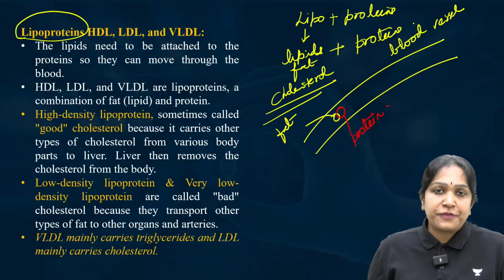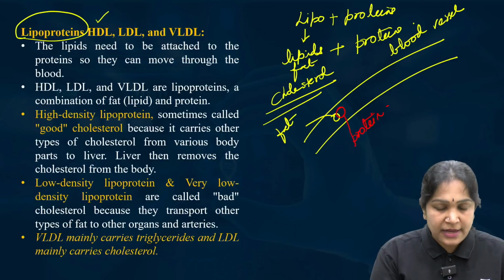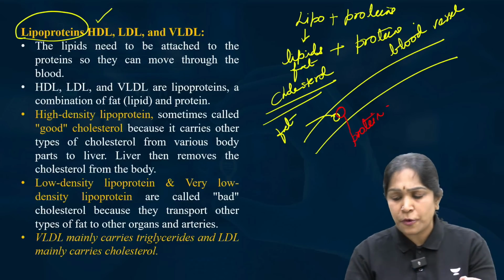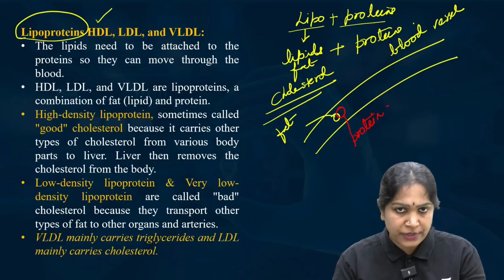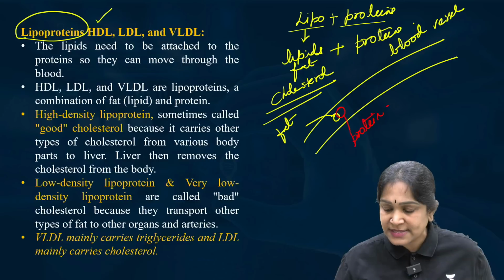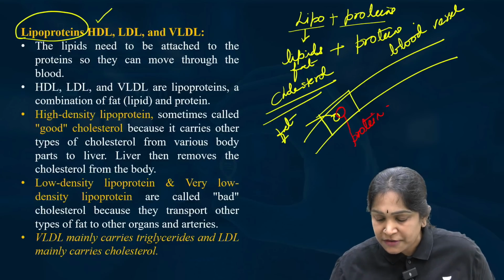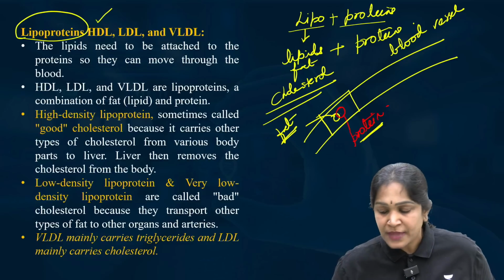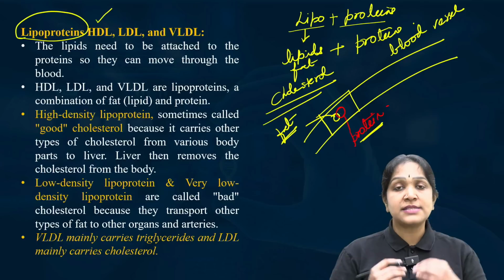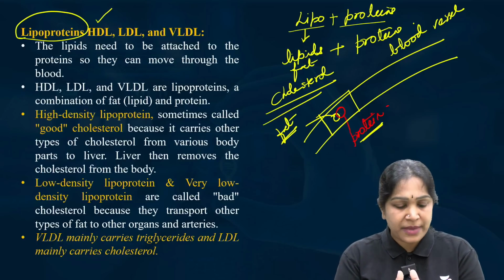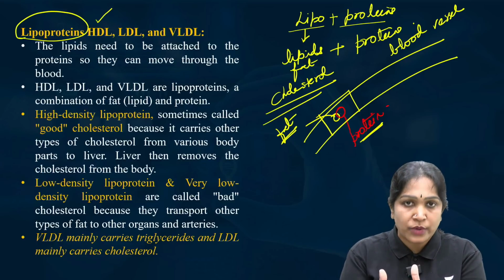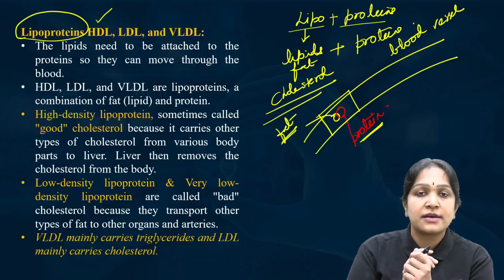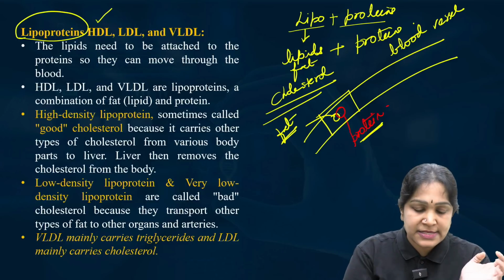We have three types of lipoproteins. HDL, high density lipoprotein, very simple. If this fat plus protein complex, yellow color fat, red color protein, is a high density molecule, I mean its density is more, mass per unit area, if it is a high density substance, we call it HDL, high density